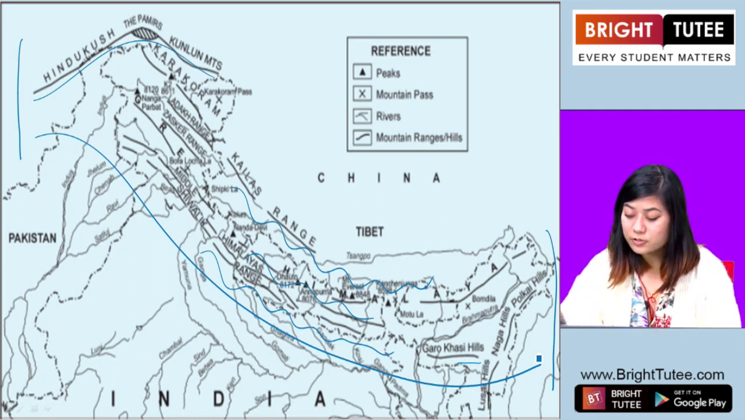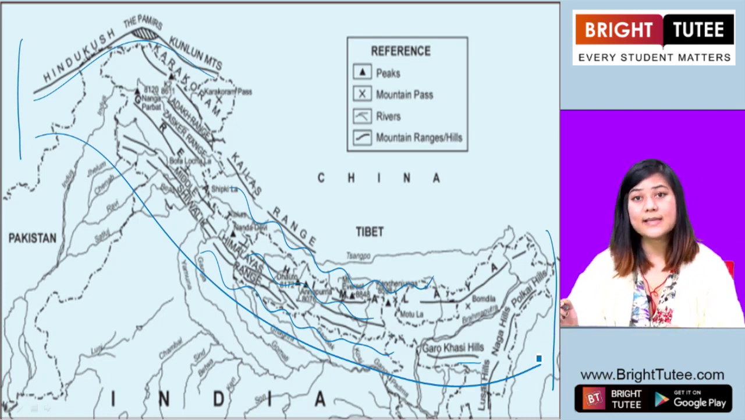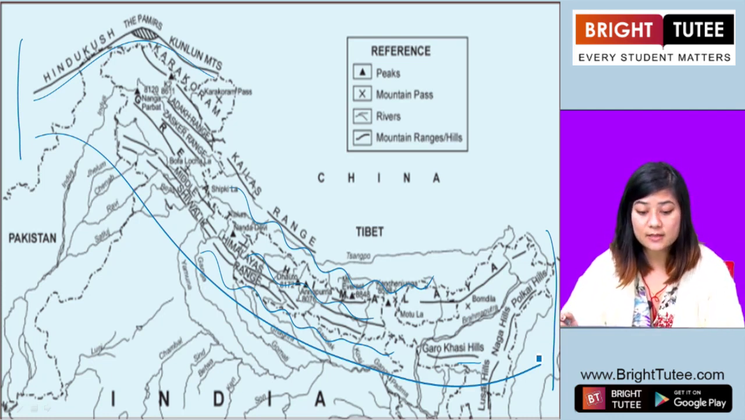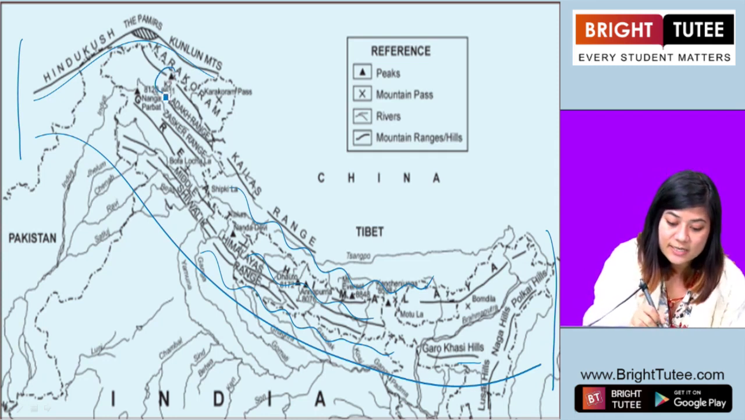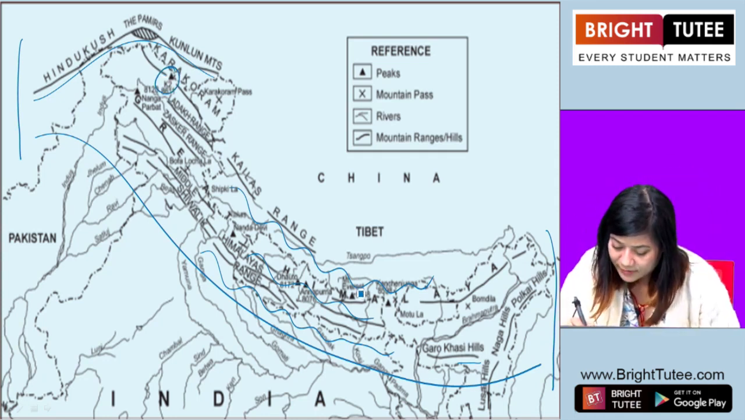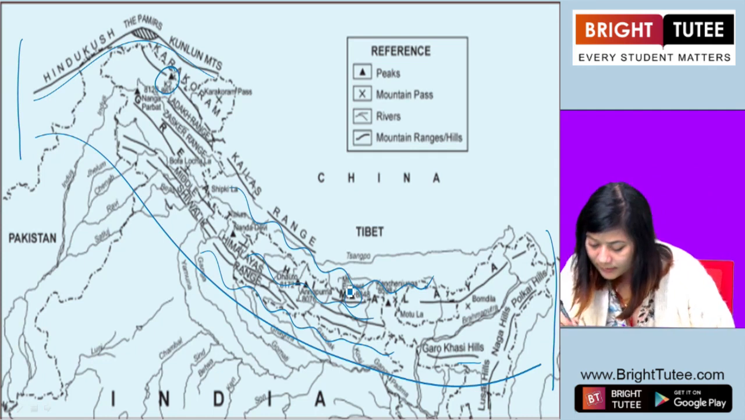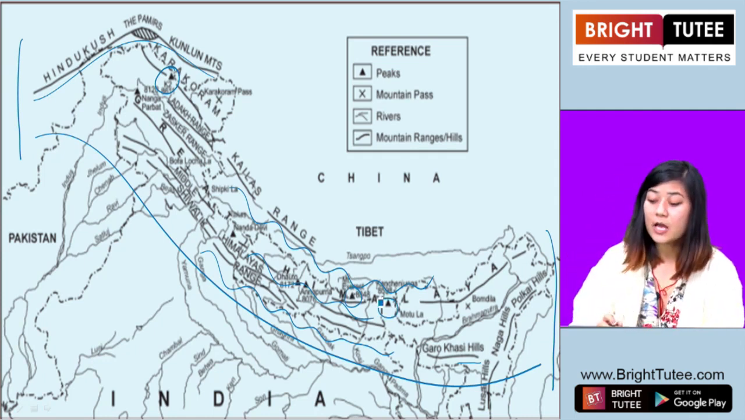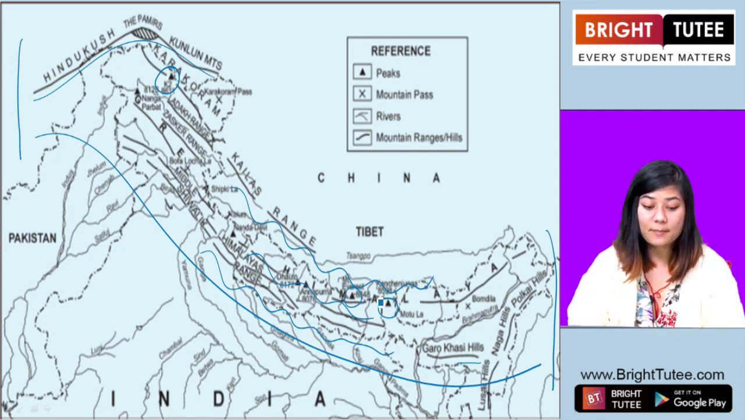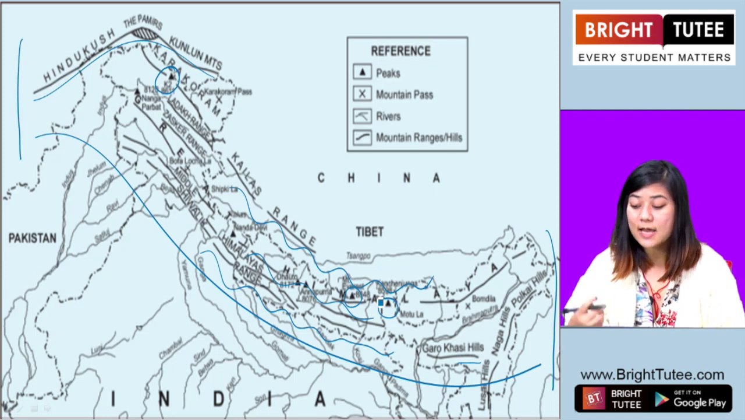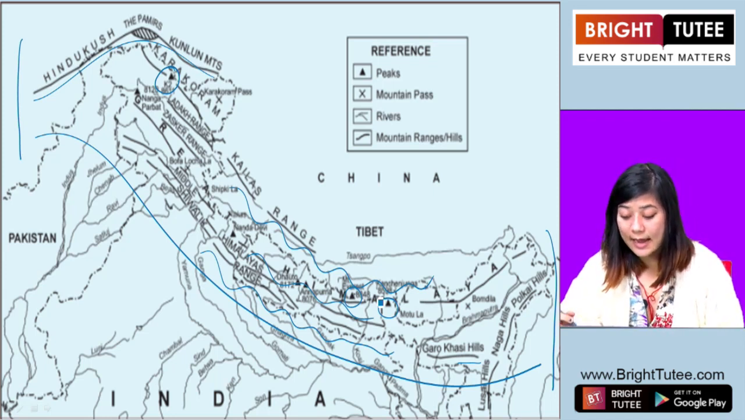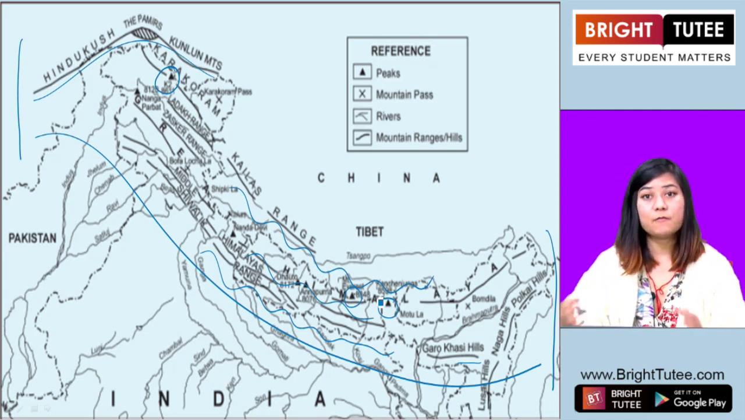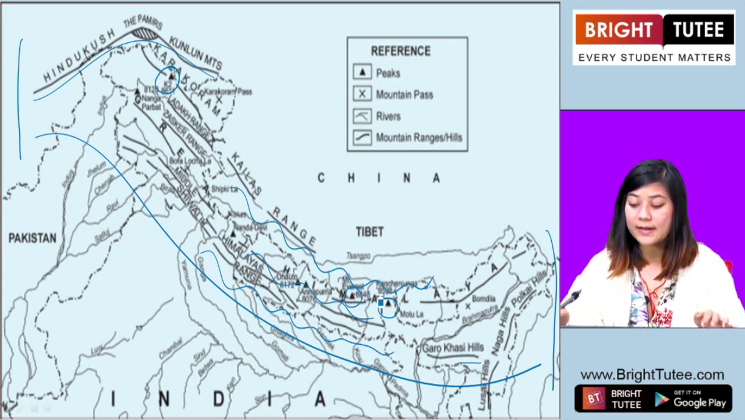Okay, and also that constitutes the highest mountain peaks in the world. So you can see K2 here, Mount Everest here, and Kanchenjunga here. Okay, so you can take a look at this map on your own and find out some of the important mountain ranges of the Himalayas, some of the important and highest mountain peaks that fall in this Himalayan range, and